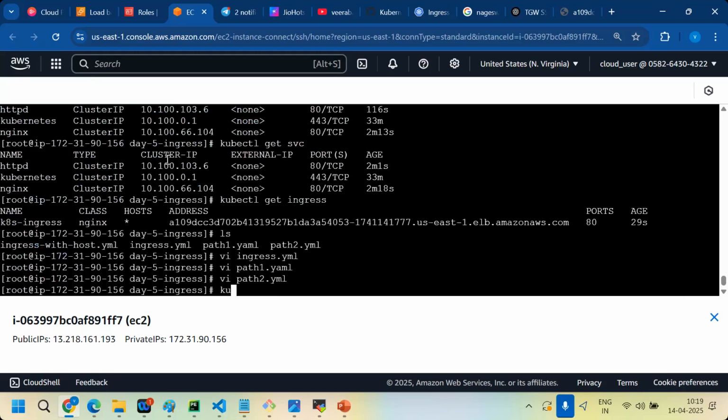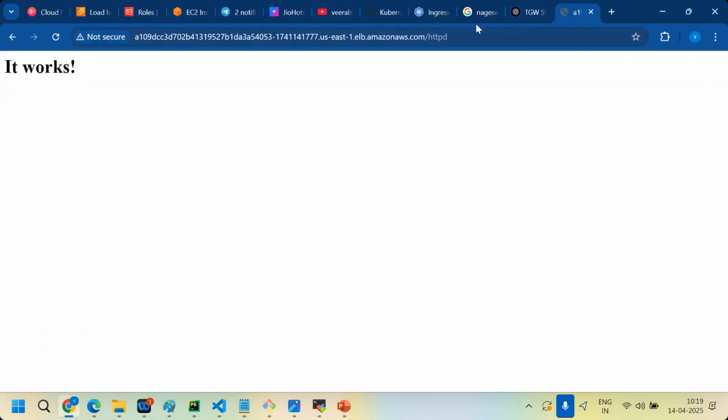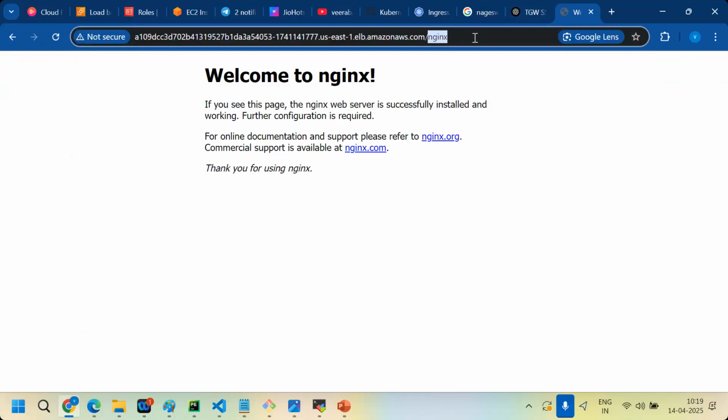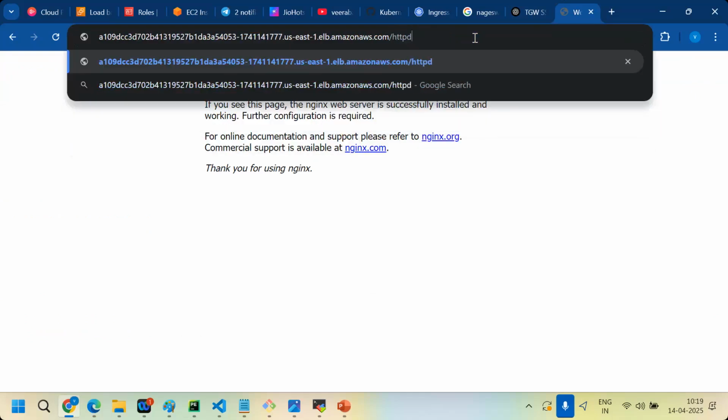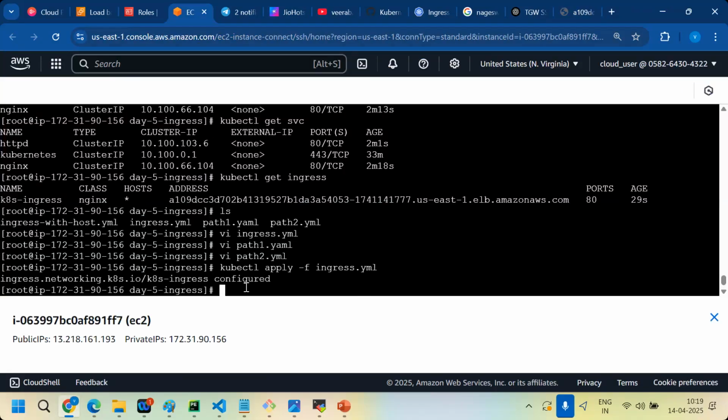So now the changes are there in ingress.yaml, right? I'm applying now. Yeah, metadata name, the pod service metadata name. I'm applying now. So it's configured. Now if I give Nginx, if I give HTTPD, let's understand the ingress.